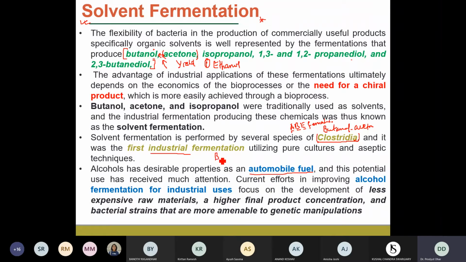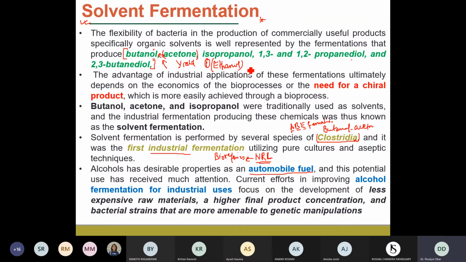A lot of biorefineries are already in place. Some of them are like in the NRL, which is Numaligarh Refinery Limited. So now biorefineries are actually being set up by these petroleum industries themselves, which are using different agricultural sources or other types of sources for the production of ethanol. So that is one of the targets, to produce this type of alcoholic component.